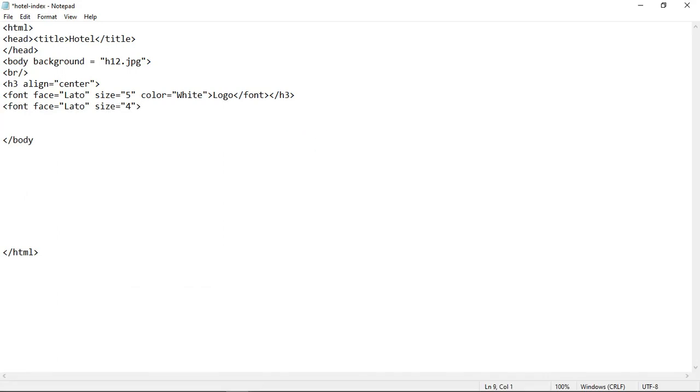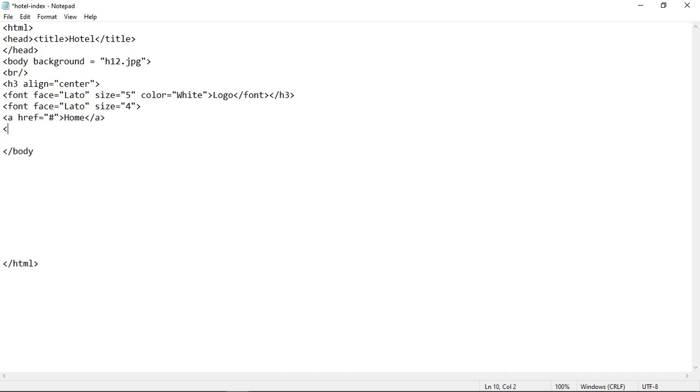So for that I am taking this A tag with href. Href means you are going to give the hyperlink. In the double quotes I am going to use hash because currently I do not have the page. And after that I am using this home, and then close your A tag.